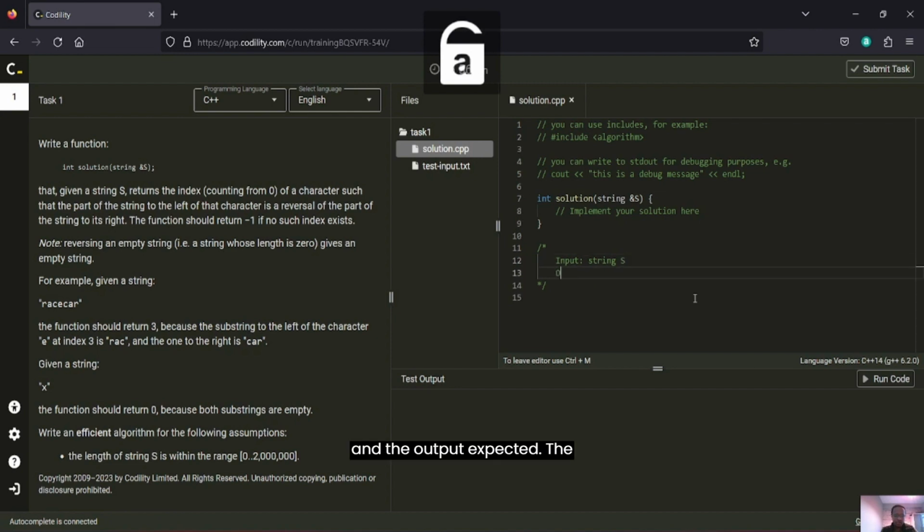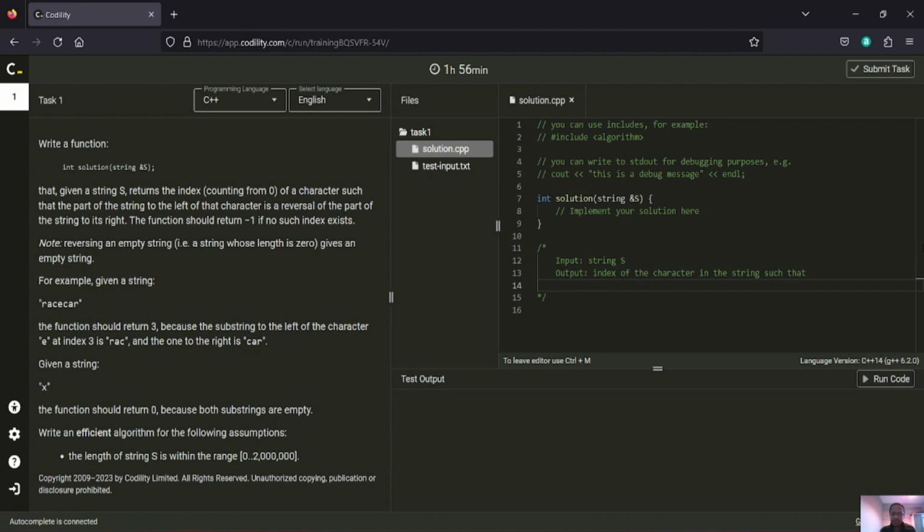Okay, and the output expected is we have to return the index of a character in the string such that